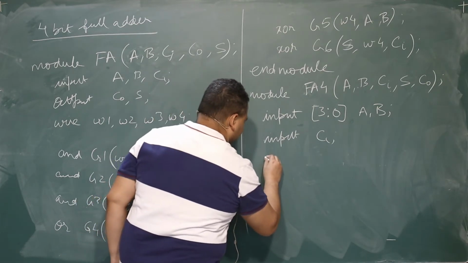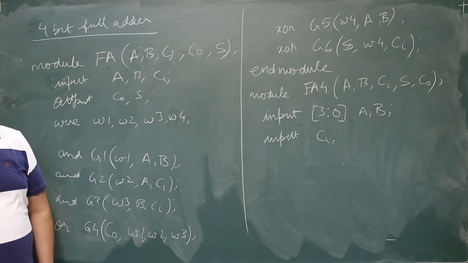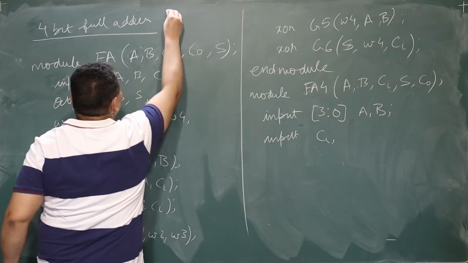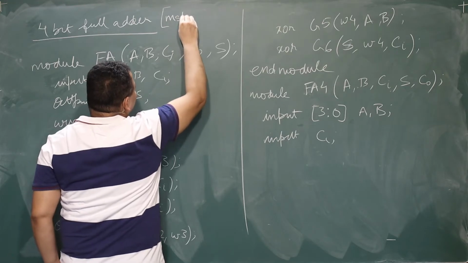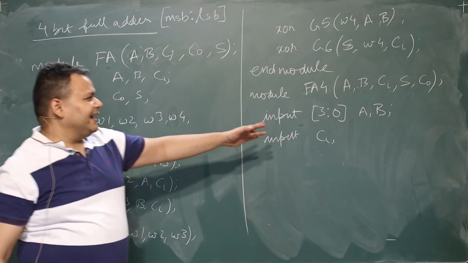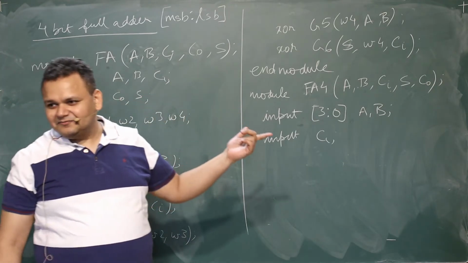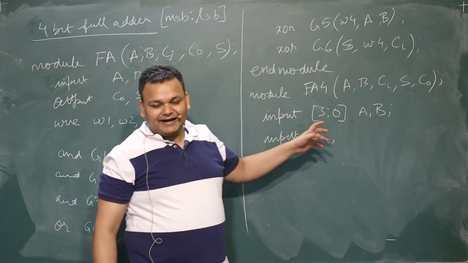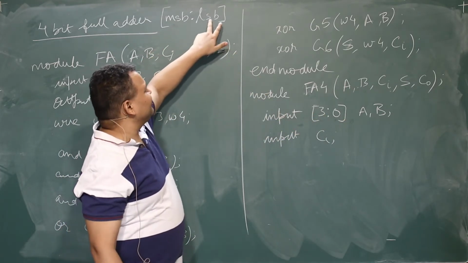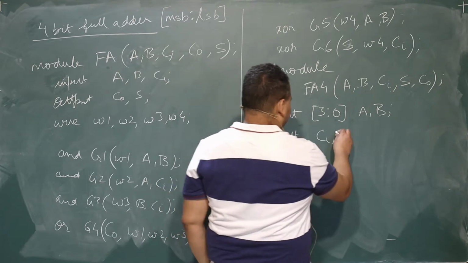And then we have this 3 to 0. So this represents something like 0 to 3. Whenever I am using a syntax like this, it means MSB to LSB. You can also write it as 0 to 3, then your MSB will be 0 and your LSB is going to be 3. Irrespective of what you write here, it does not matter. Whatever you write first is your MSB and whatever you write last is your LSB. So input is CI.